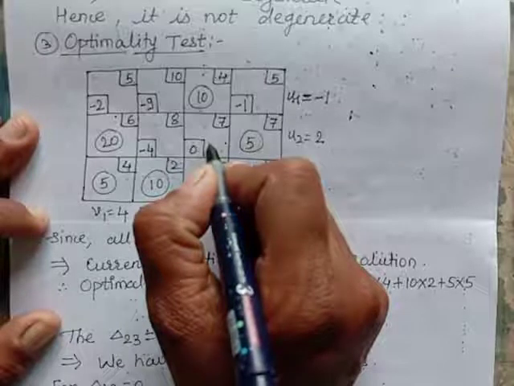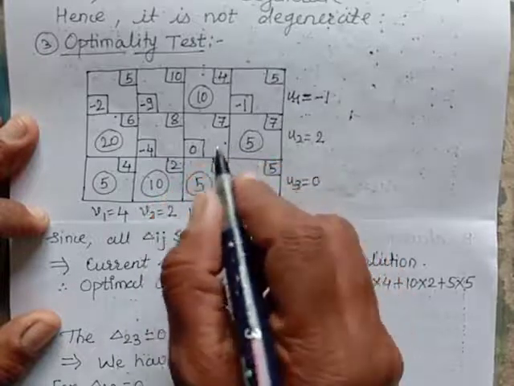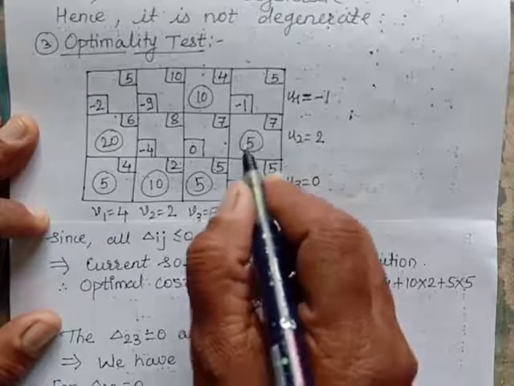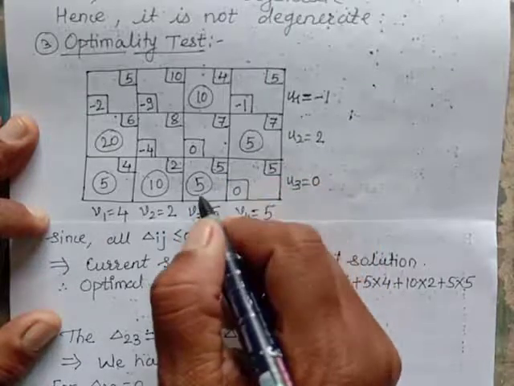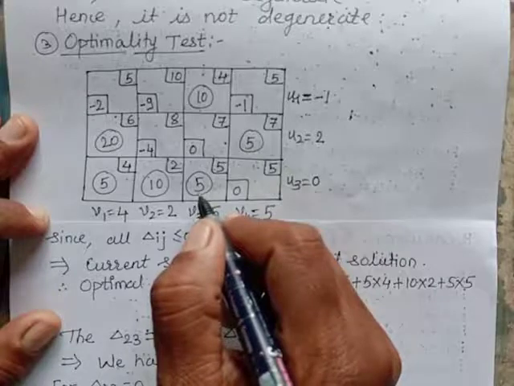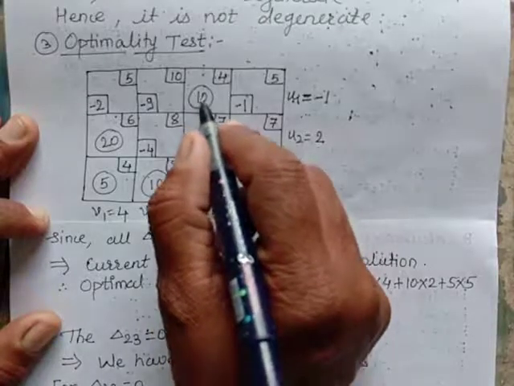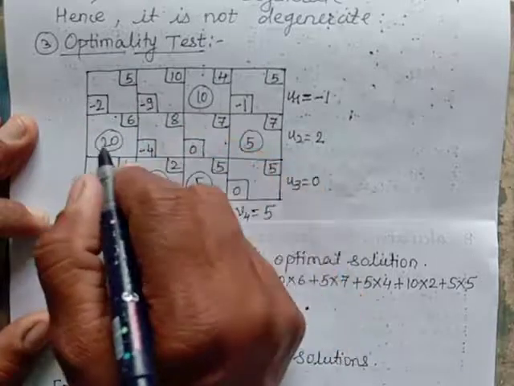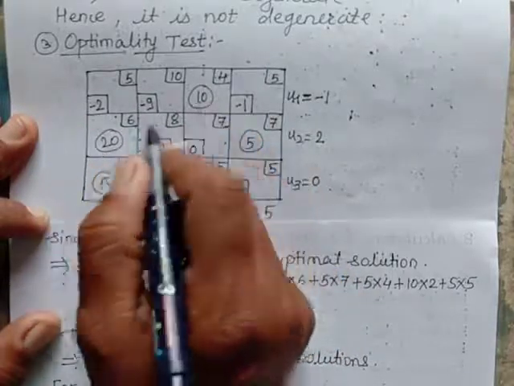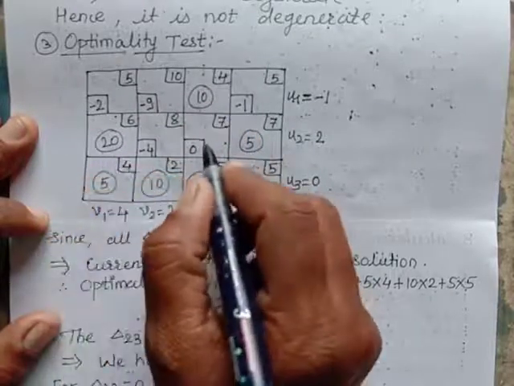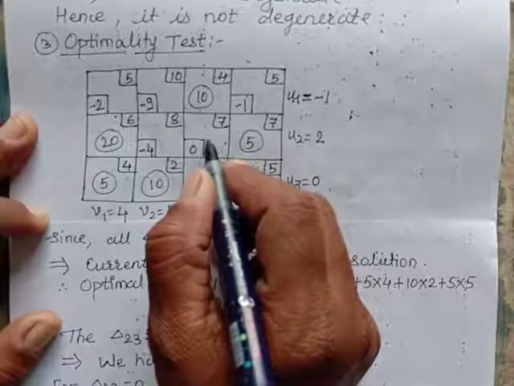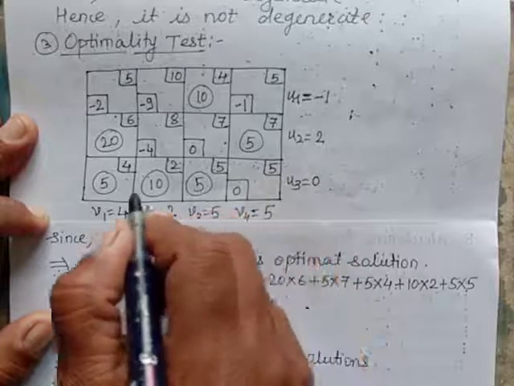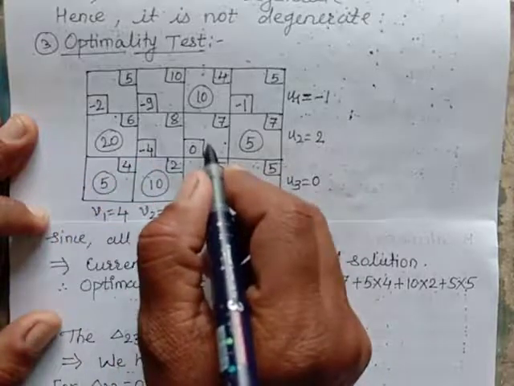If we start from this cell and go to this side, there will be no allocation, so we cannot go in this as such; we cannot do such a slant line. If we go this side, here there will be no allocation. Again we cannot do a slant line. Fine. So from here we can go here, then here, here and then here.